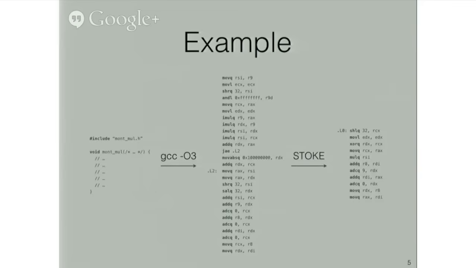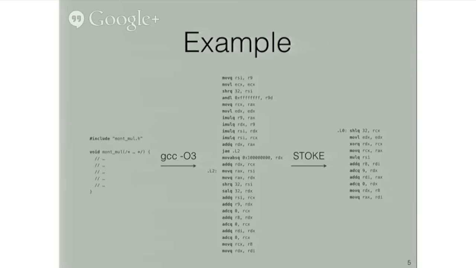Meanwhile, here is an example to get started with. On this slide, I've shown 2 implementations of a 128-bit integer multiplication kernel that's used in OpenSSL's implementation of RSA. This is very high-performance code, and really it's only useful insofar as it's fast enough to be invisible to the end user. Basically, the takeaway here is that every instruction counts. To get this code, the code in the center was compiled from C source, which I've suggested on the left here, using GCC with full optimizations enabled.